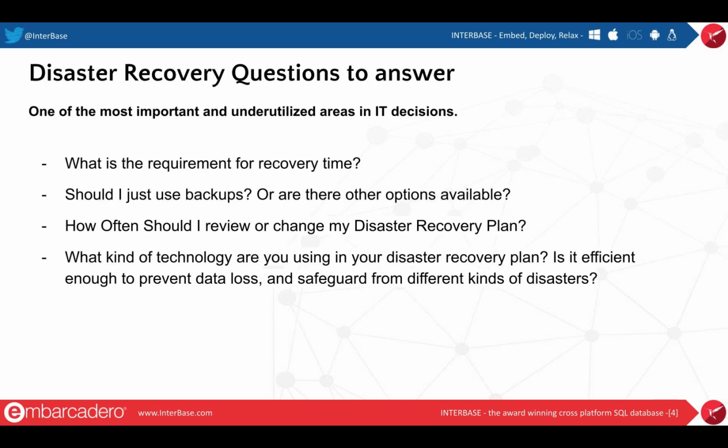Now, we all know that InterBase is a great database for a wide variety of industries. With its small footprint and its ability to be this powerful and reliable database that runs in a lot of different scenarios, we don't really think much about what happens when there are failures in our systems, whether it be hardware or software failure, a massive power outage or surge, a corruption in a database, or even external threats like malware. You need to have that plan in place to figure out how and what process you'll take to deal